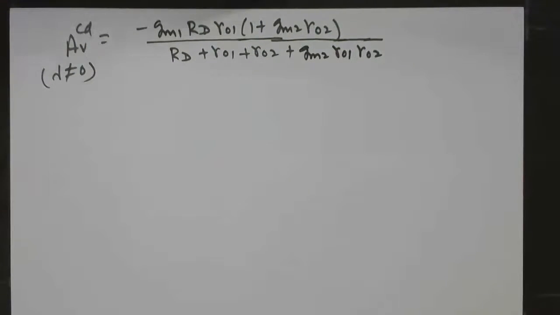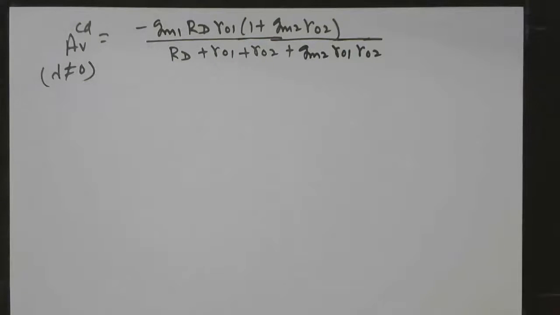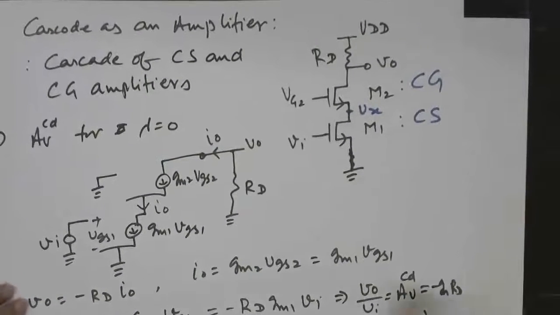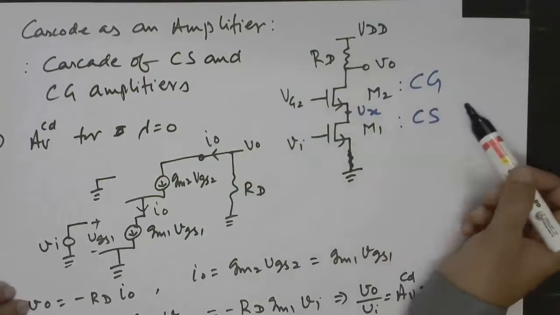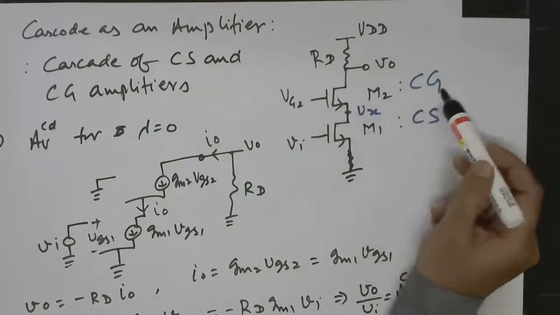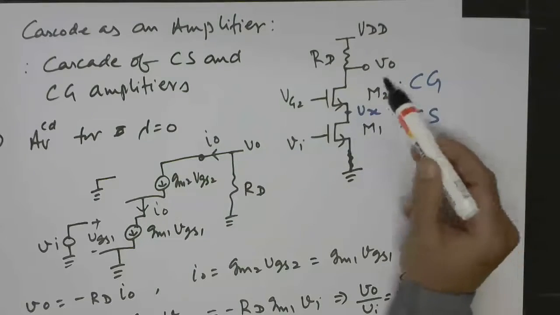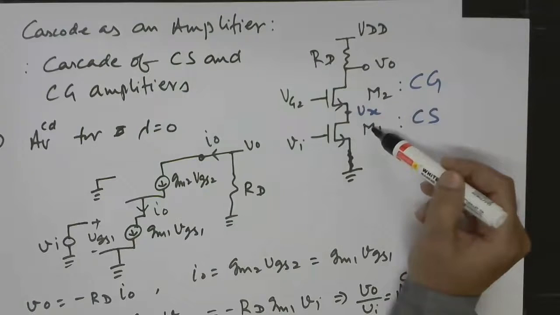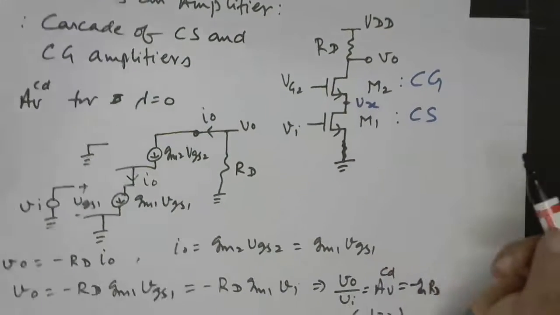Since we interpreted cascode configuration as a configuration containing common source and common gate, so we would like to see whether we have any advantage in terms of gain over a single stage or not. That means we would like to interpret the gain of this overall, possibly in terms of gain of this. And unless we get a gain more than that of each of these, there will be possibly not much attraction in using this configuration as an amplifier.